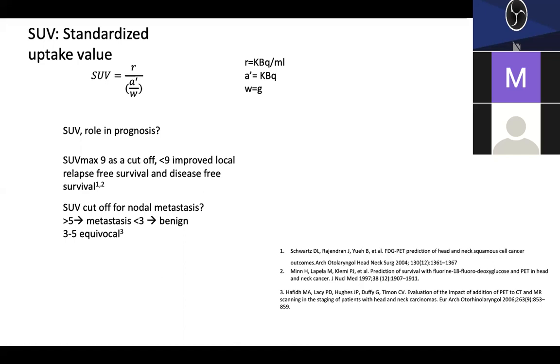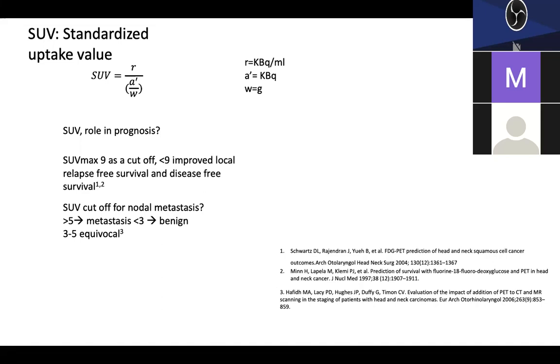And can SUV cutoff be used for nodal metastasis detection? This question I get asked frequently. So people have used certain cutoffs: greater than 5 SUV max of node metastasis, less than 3 benign, 3 to 5 equivocal. The accuracy of this method is about 70% of cases. But people say that PET has the problem of detecting smaller nodes, less than 7